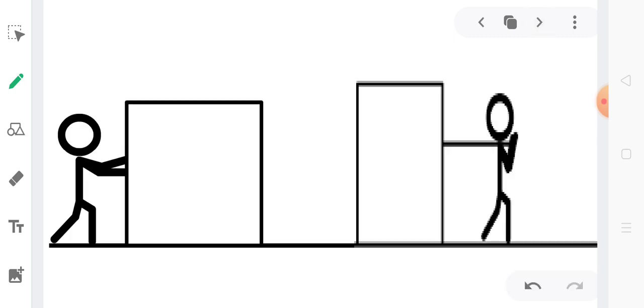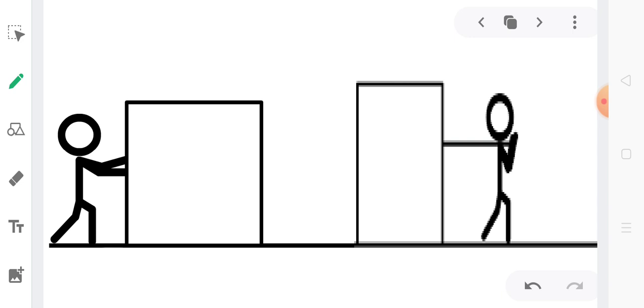Now just look into the picture. You can see two people putting some effort in order to move an object. Now at this point I would like to ask you one question. Is the effort applied by both the persons the same? Is it similar or is there any difference? There is a difference. What is the difference?